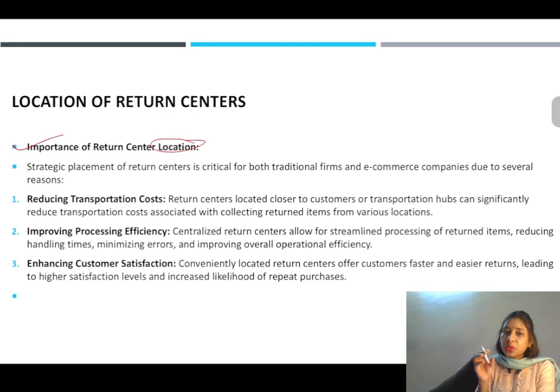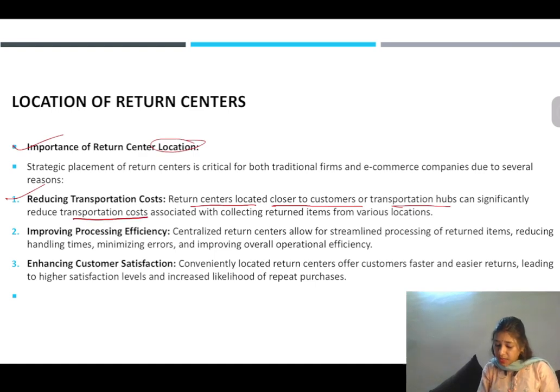Why is it important to choose an optimal or the best return center location? Because it can help reduce the transportation cost. Why? Because if the return center is located near to the customer or near to the transportation hub, then it can help in reduction of the transportation cost associated with collecting the return item from all the various locations, right? The next point is it can improve the processing efficiency also, because the centralized return center,